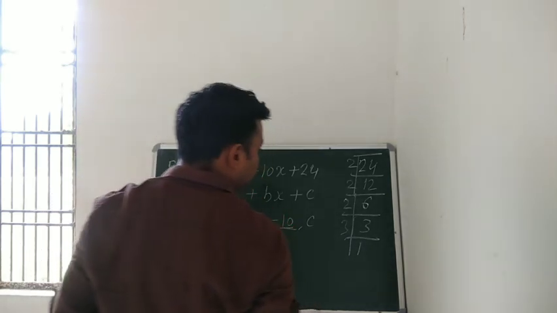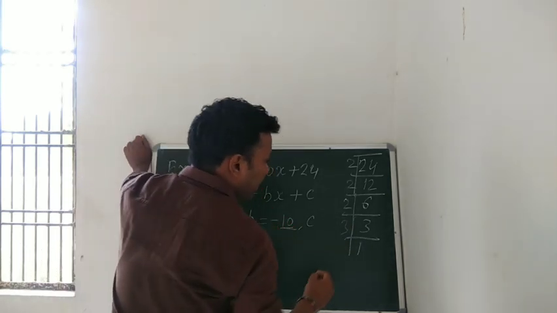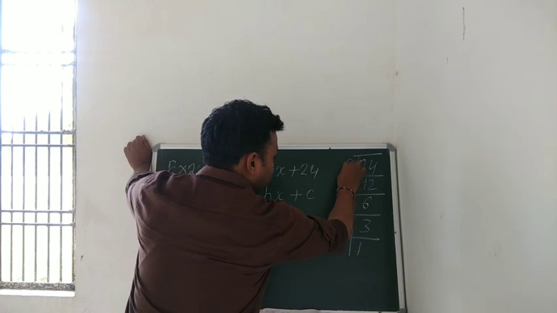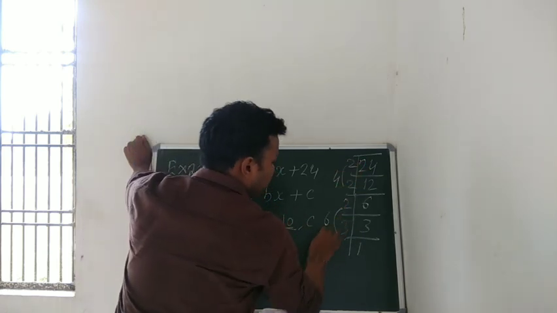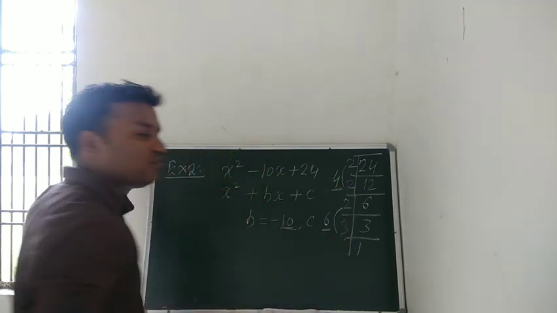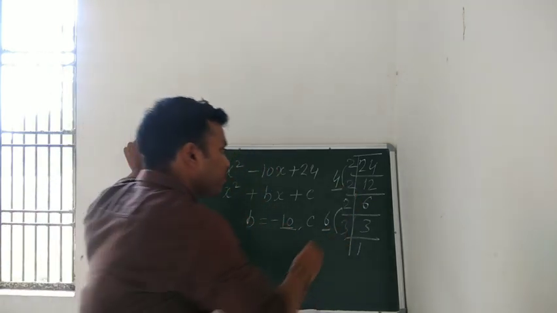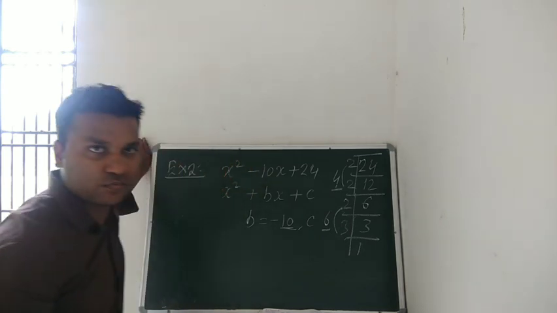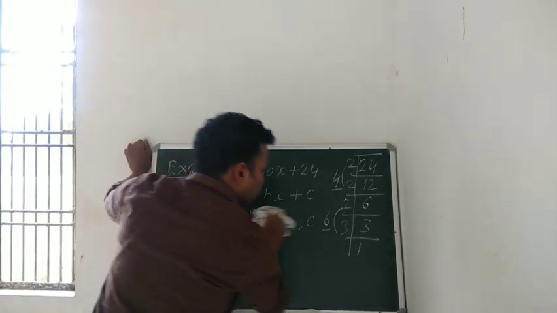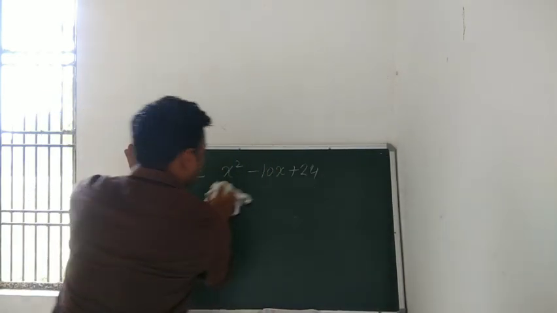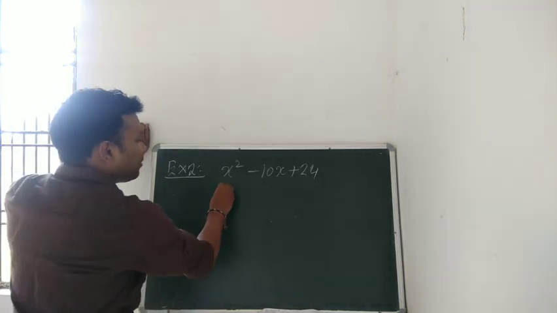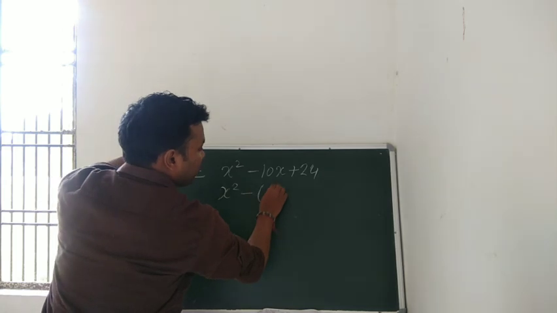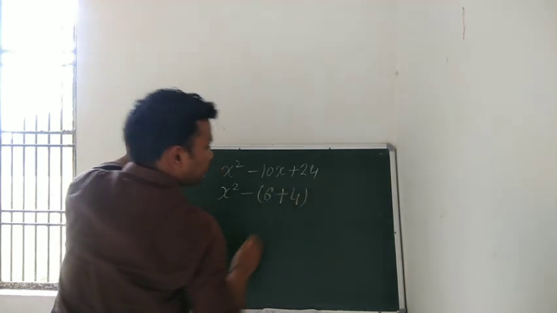So students, we can arrange the factors like this: 2 times 4 and 3 times 6, that is 4 and 6. Now 4 and 6 both are factors of 24 and the summation of both the factors will be 10, which is what we require. So now we have 2 required factors of 24, 4 and 6. So in place of 10 we can write 6 plus 4.